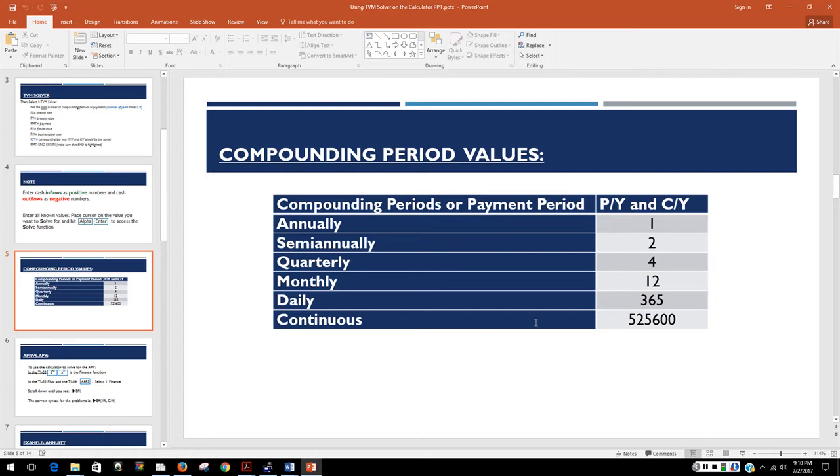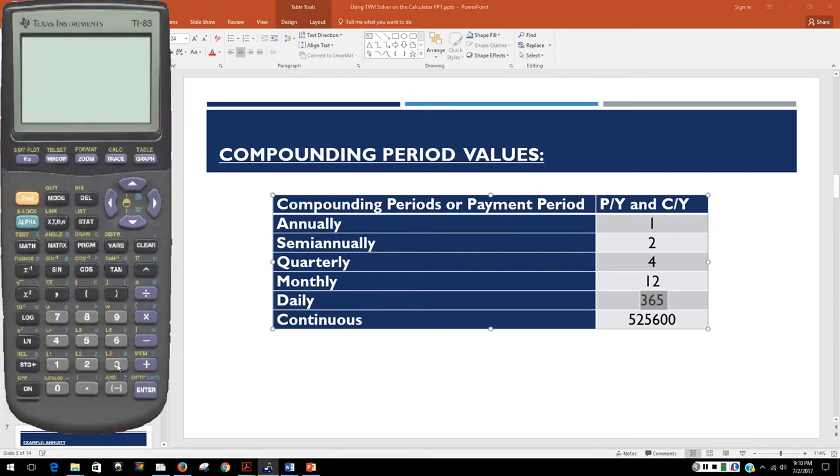Now the one that you're going to be curious about is, where did I get this horrible looking number for continuous? But if you take 365 days per year and multiply that by 24 hours for each of those days, and then multiply that by 60 minutes for each of those hours, so in other words, 365 days